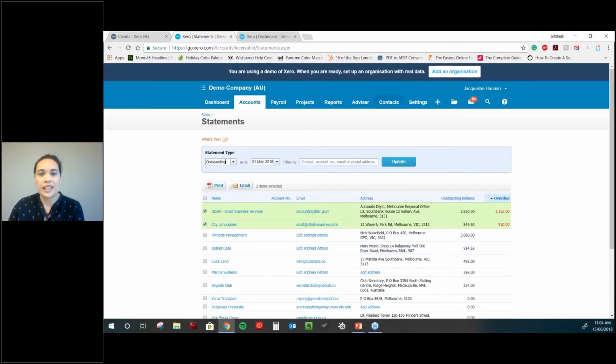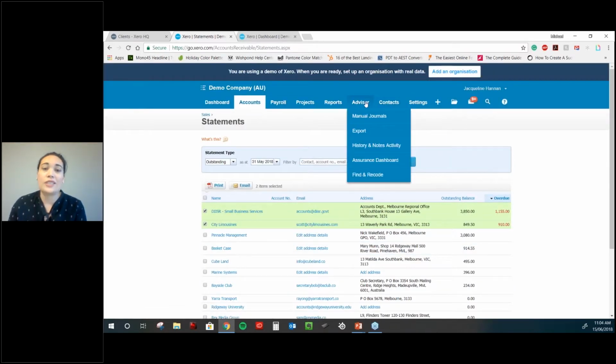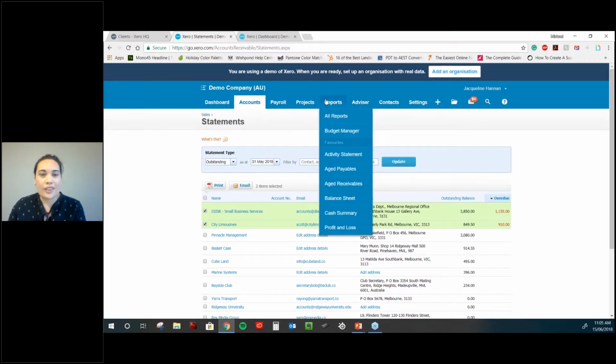Cool. All right. Contacts. Now, advisor. Most of you, if not all of you, won't have this advisor functionality. Don't worry, you're not missing out on anything exciting. It's really just to enable us to fix up the accounts if there are errors, export and save things down if we want to back up Xero, and do manual end of year journals to adjust your accounts and things like that. So